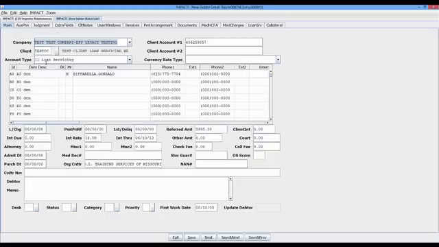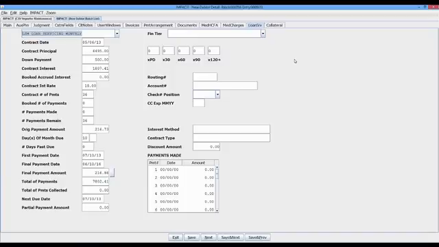Now notice that automatically the system has selected our loan servicing account type, and that's based on the client setup. Now let us navigate to the loan servicing tab, where the details of the contract and all of the loan servicing attributes have been populated. As you can see, I have a contract date, a contract principal, the down payment has been mapped, the contract interest, the interest rate, the total number of payments for this loan, the number of booked payments and the number of payments made, the number of payments that remain, the original payment amount, the date the payments are due, and